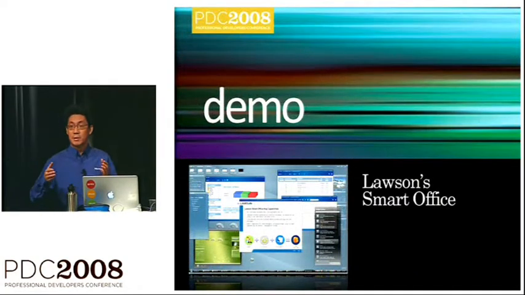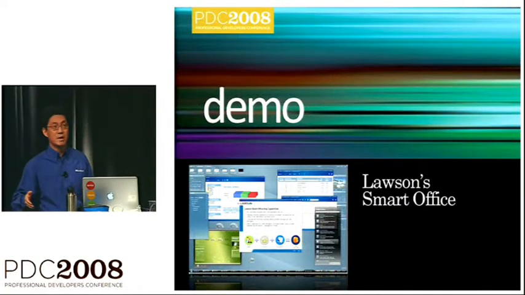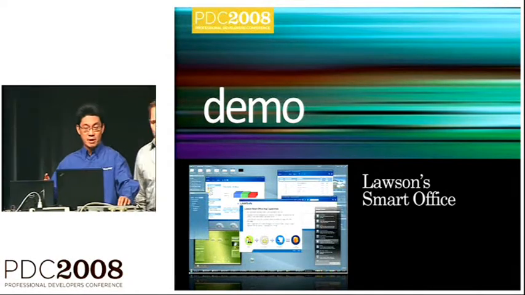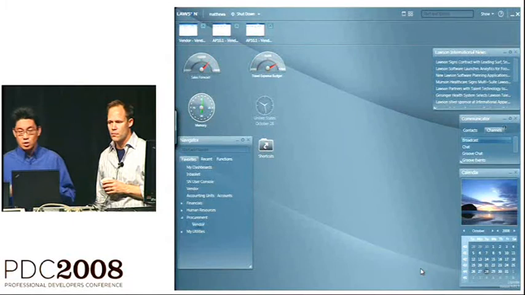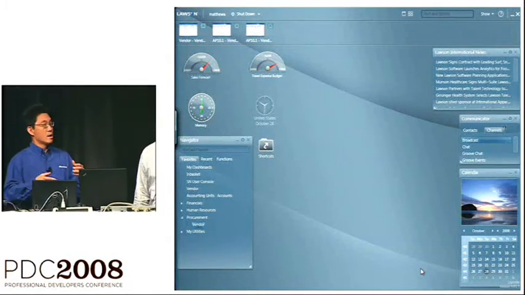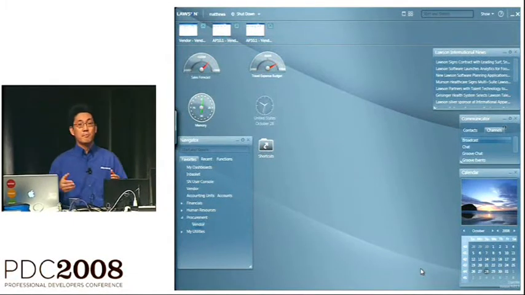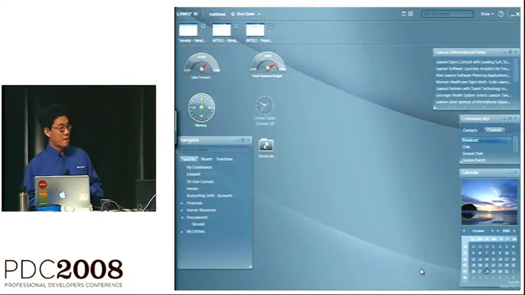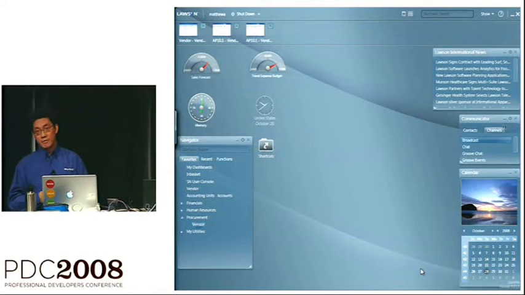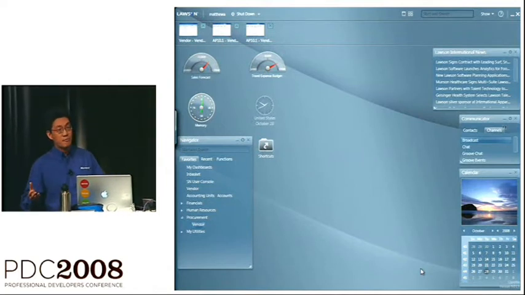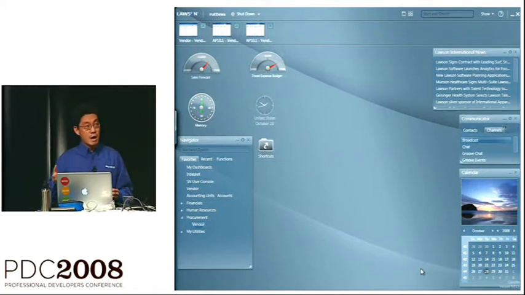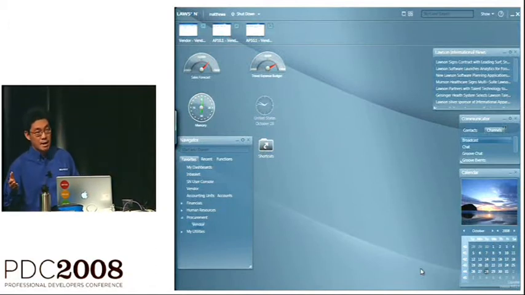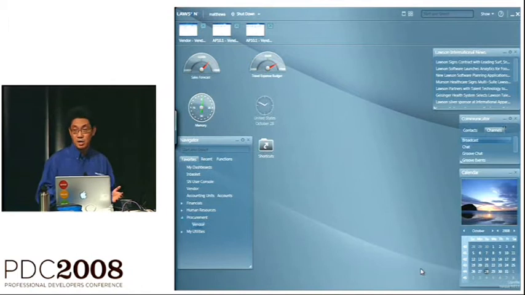Developers are building these really compelling large applications on WPF and really taking advantage of the user experience that WPF enables. So this is one of my favorite examples, the Lawson Smart Office suite of applications. Smart Office is the front end to Lawson's suite of enterprise applications, including enterprise resource planning, supply chain management,